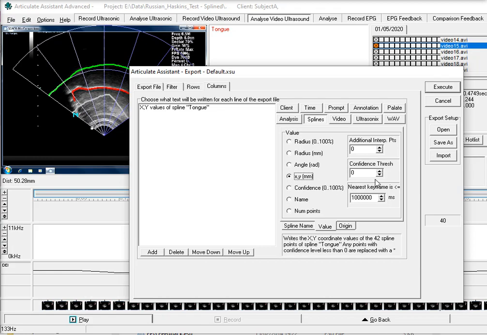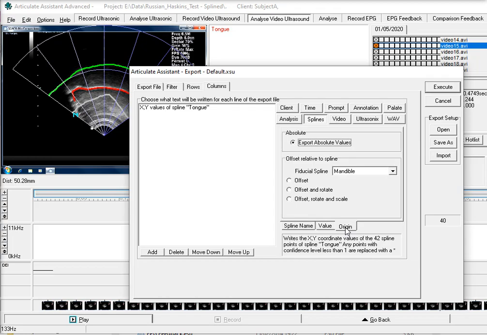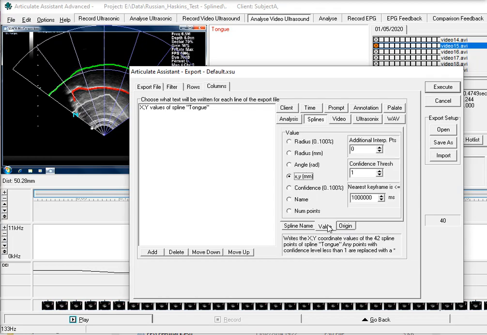Now, importantly, because we want to exclude the points with zero confidence, that is, these points in the mandible shadow, we're going to exclude any points which have got confidence less than 1. So we'll set this to 1. Instead, you'll get asterisks for those points with confidence of 0. And we don't need to do any rotation based on the origin. So if we just click Execute now,